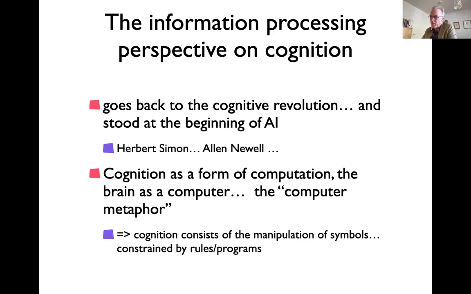When this came around, Herbert Simon and Alan Newell are famous names, it was about the time of the cognitive revolution. A little later was when artificial intelligence and cognitive psychology were closely allied, and artificial intelligence was very much driven by computing, computer science, which was used as a metaphor for thinking about human cognition. And they had this idea of a general intelligence, that there could be some principles of artificial intelligence of which humans are a special case, but you could also build other systems that are general intelligence and so on.